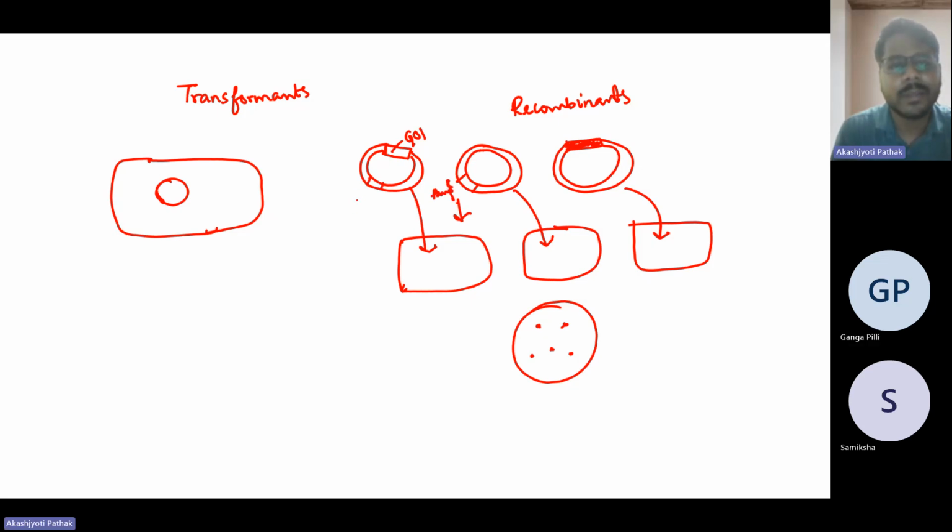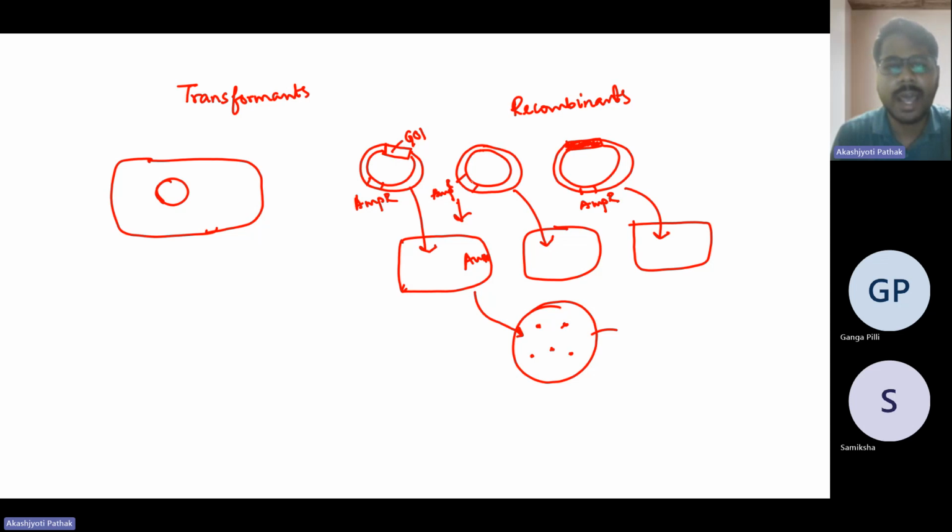वेक्टर में अगर एम्पिसिलिन रेजिस्टेंट जीन है, मान लो, तो ये तीनों ही ग्रो करेंगे ना आगार प्लेट में। तो आगार प्लेट में तुमने एम्पिसिलिन डाल दिया, तो ये वाले जो बैक्टीरिया हैं ये भी ग्रो करेंगे, क्योंकि इसके पास भी एम्पिसिलिन रेजिस्टेंट जीन है, तो ये भी तुम्हारे आगार प्लेट में ग्रो करेगा जिसमें एम्पिसिलिन डाला है। ठीक है।